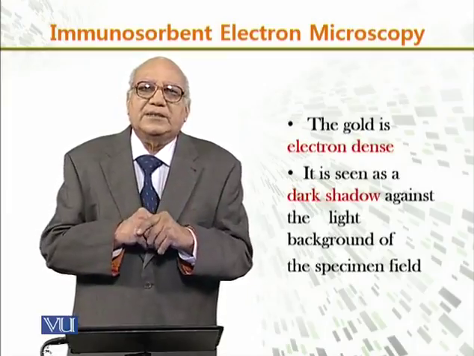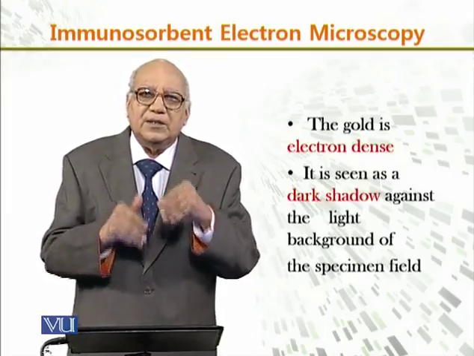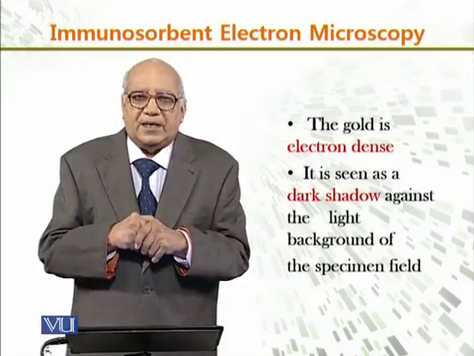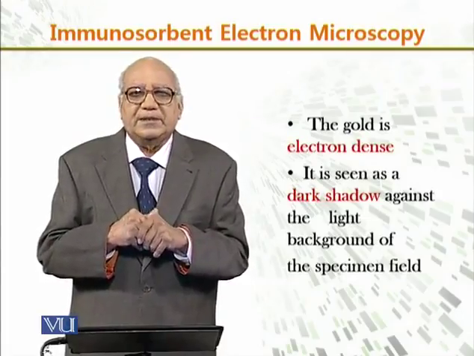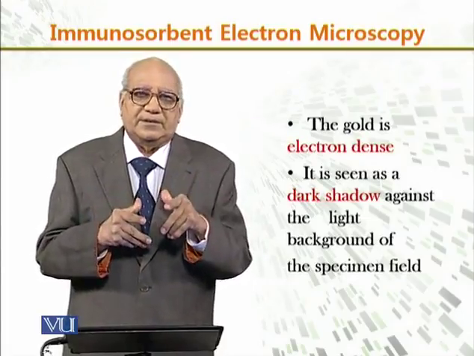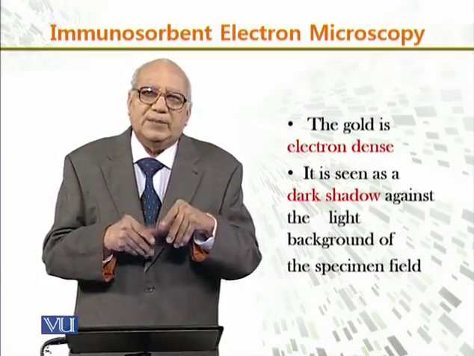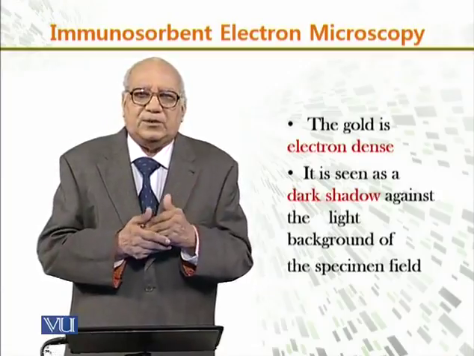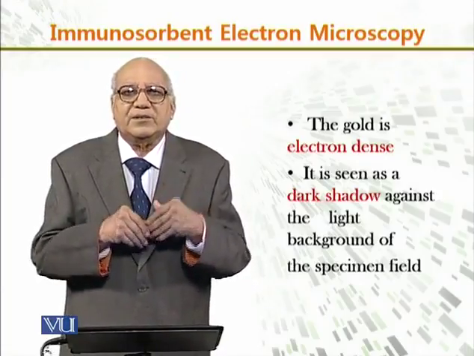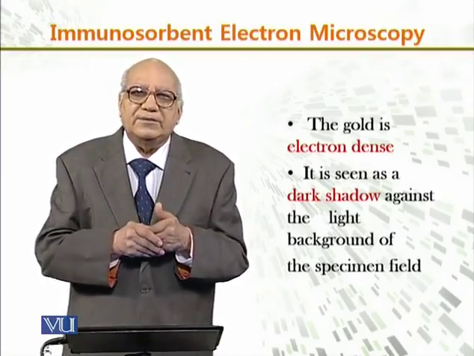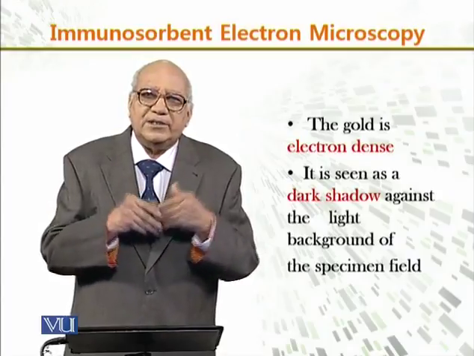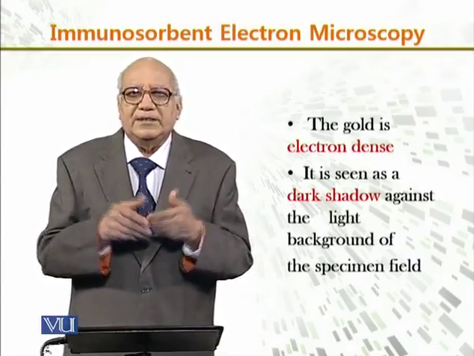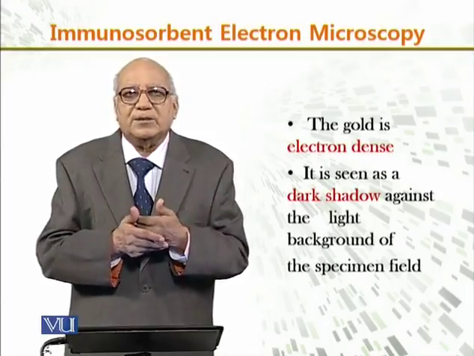And we conjugate those antibodies with gold particles because the gold particle is electron dense. What we mean by electron dense is that electrons cannot pass through it, rather it will give a black image, just like light cannot pass through an opaque